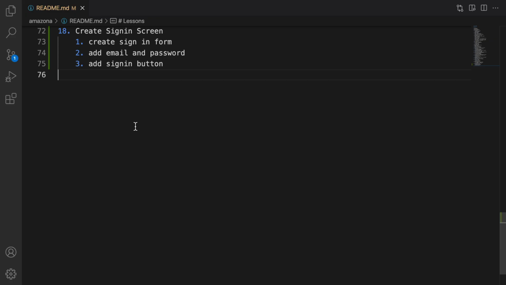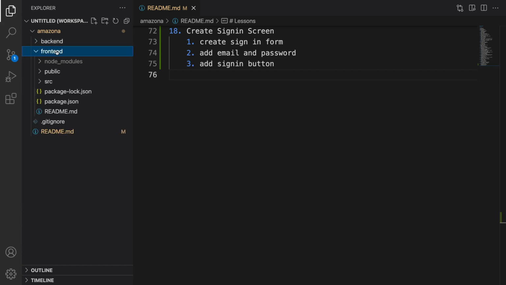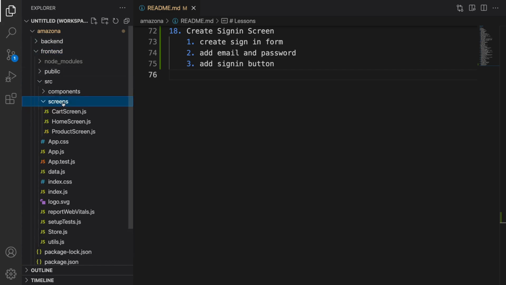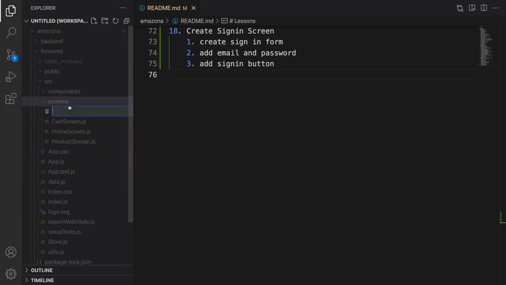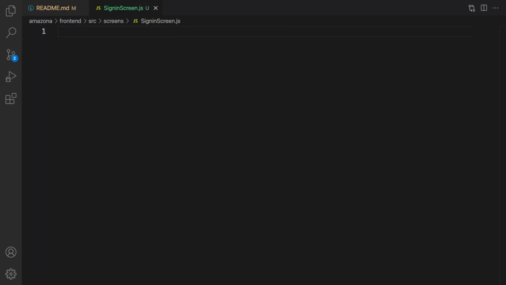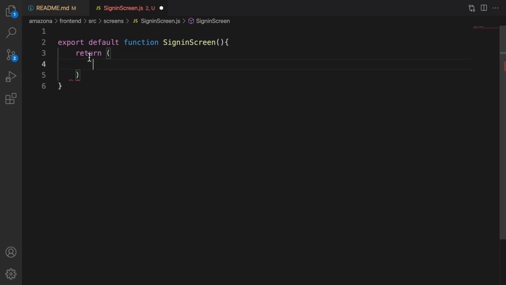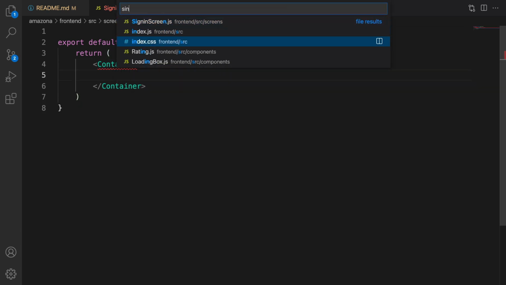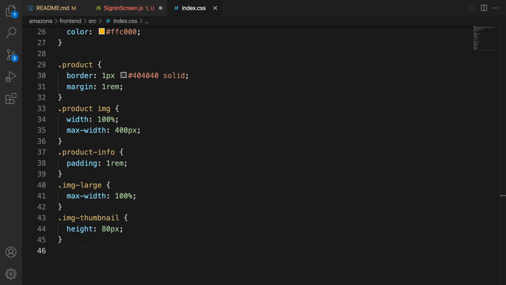Let's get to code. Here is the plan to create the sign-in screen. Go to Explorer, and from the front-end folder in src screens, right-click, new file, and create SignInScreen.js. Let us start by creating the sign-in component and a return part, and inside that create a container to make the sign-in form. For the container, set a class to small container, and for small container inside index.css, set max width